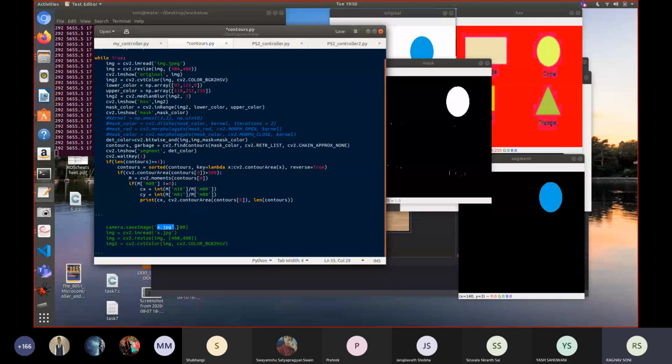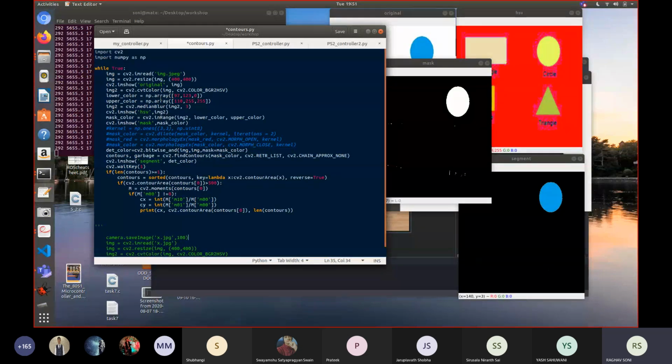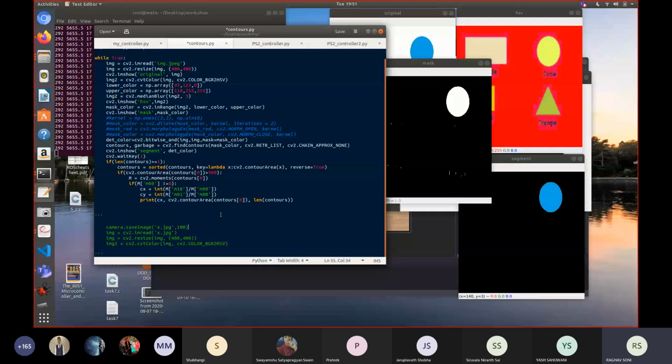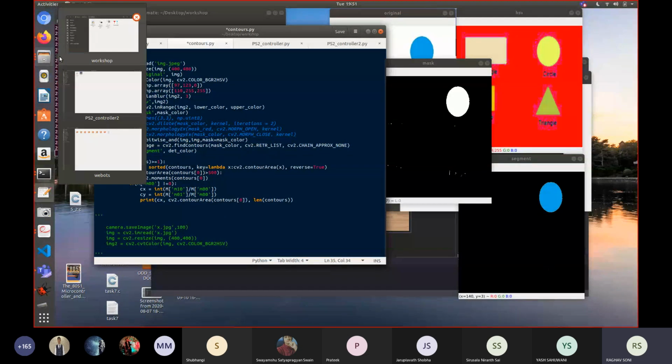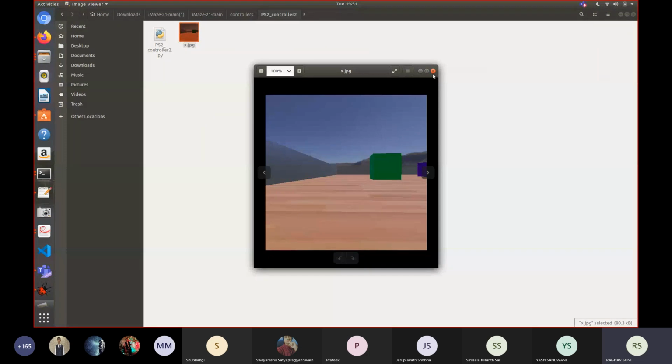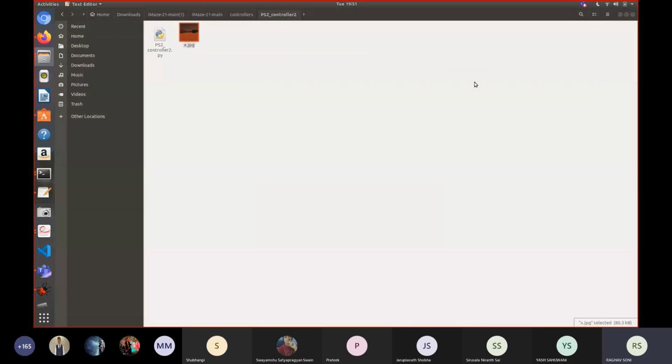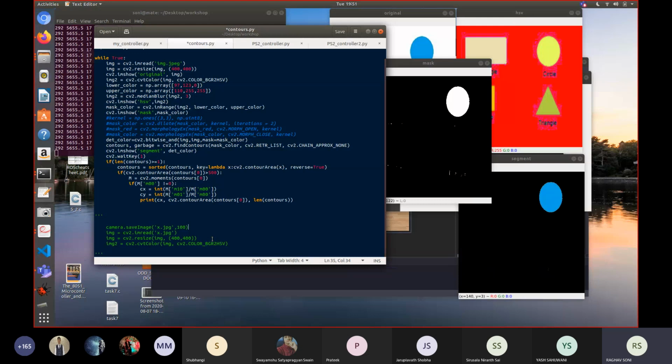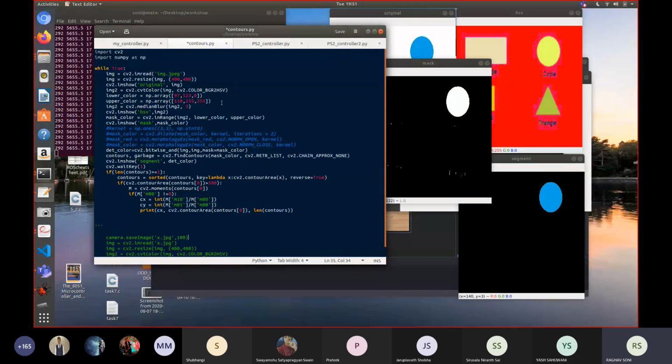I've put 100, the maximum quality possible. Then I read that image, resize it, convert its color scheme to HSV, and then use it to threshold and to detect contours and whatever is required to solve my PS. So as you can see, where your controller is kept, this image will be saved here. Then you can just load it into CV2 again and use it to perform your task.